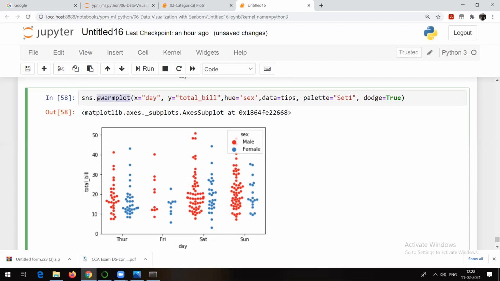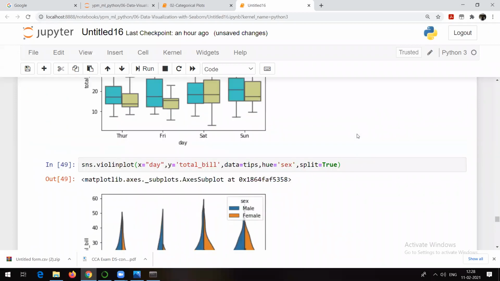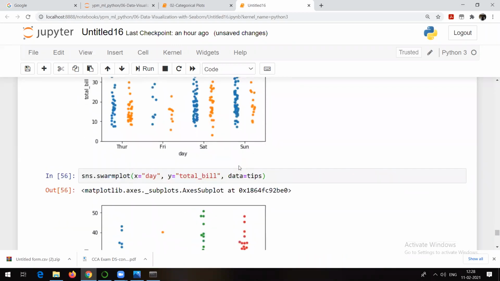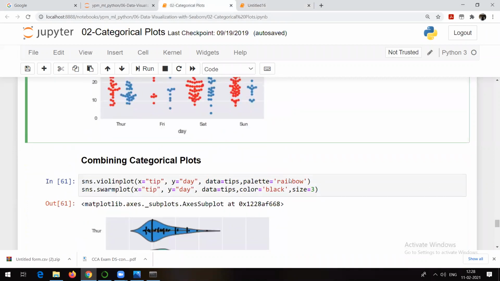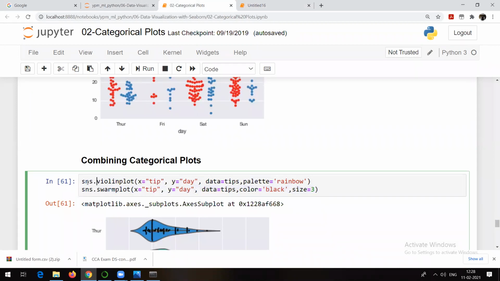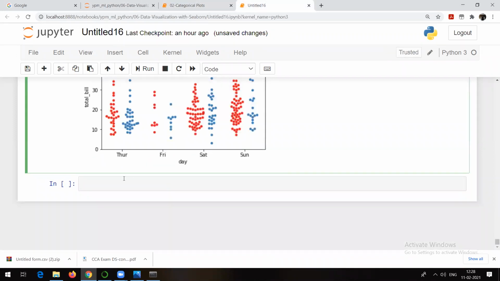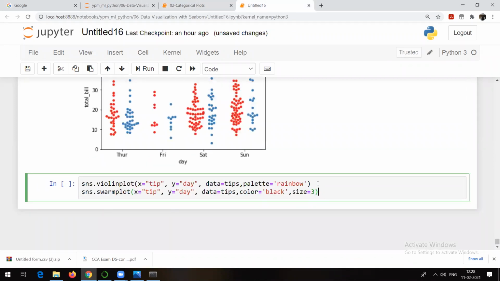Even you can go and combine swarm plot and violin plot. Violin plot, if you remember, we have seen violin plot. This is called a violin plot. You can have a swarm plot inside a violin plot. That's also possible. So many times people prefer making use of these two plots like this. First of all, what are we doing here? We are trying to plot a violin plot, and then we are trying to plot a swarm plot. See, it's like we are just trying to combine the components. This is nothing but the violin plot between tip and day, right? And this is nothing but the swarm plot between, again, tip and day.